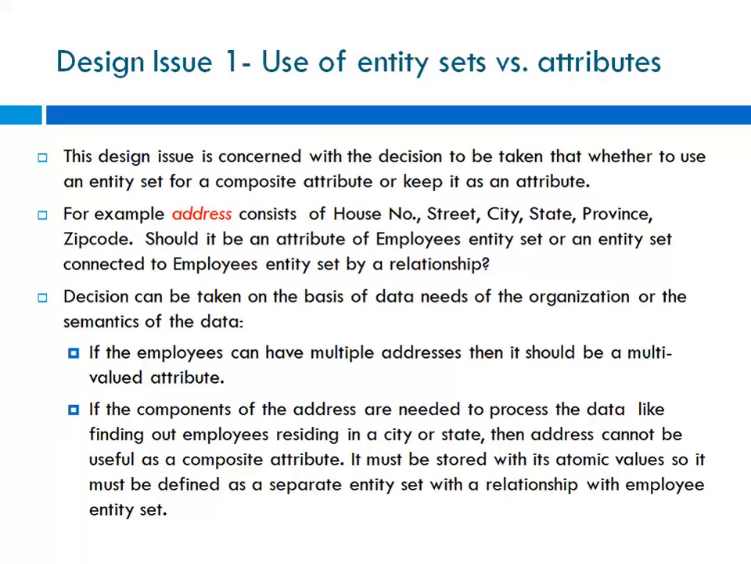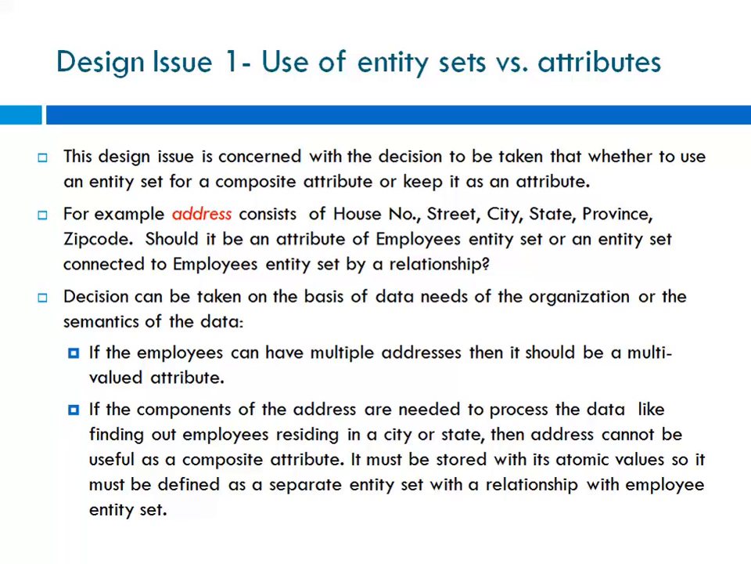So let us begin with design issue 1, use of entity sets versus attributes. This design issue is concerned with the decision of whether to use an entity set for a composite attribute or keep it as an attribute. For example, address consists of house number, street, city, state, province and zip code. Should it be an attribute of employees entity set or an entity set connected to employees entity set by a relationship? The decision can be taken on the basis of data needs of the organization or the semantics of the